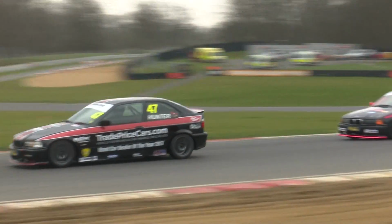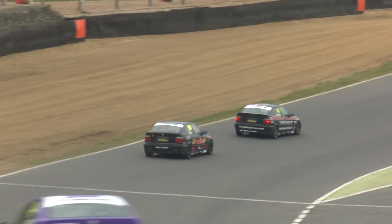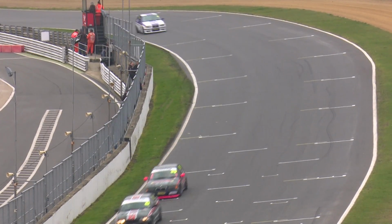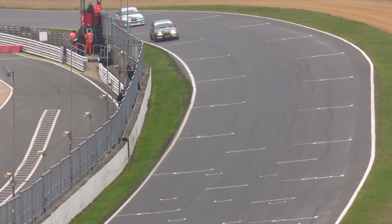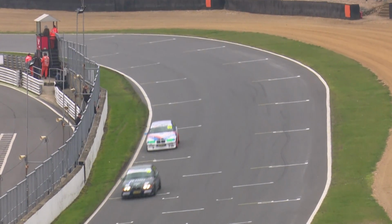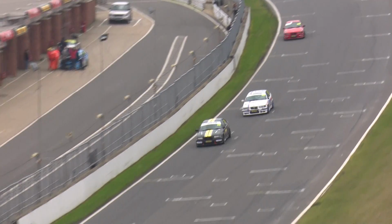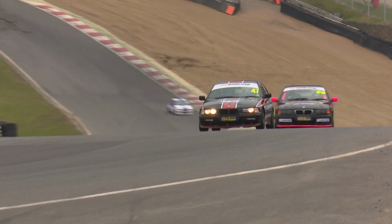Owen Hunter can't afford to put a foot wrong, because he is starting to really feel the pressure now from Ian Jones. Out onto the pit straight, across the start-finish line again. There's Alan Caulfield, who's just got a lap down. And then this is actually a battle between Matt Parks and David May that's developing nicely as well. Then it's the Hinson and McGill duo. But yeah, some nice battles developing all the way through the top 10 actually, just not for the race lead,